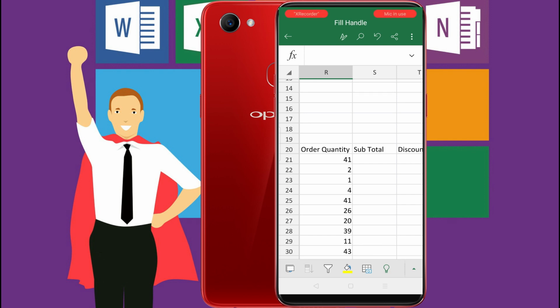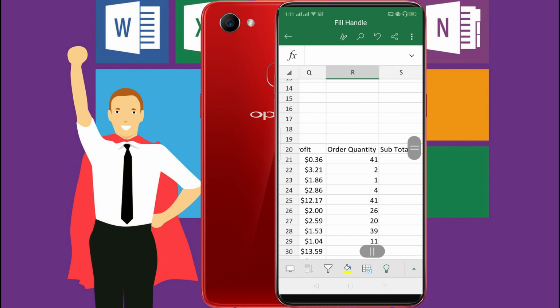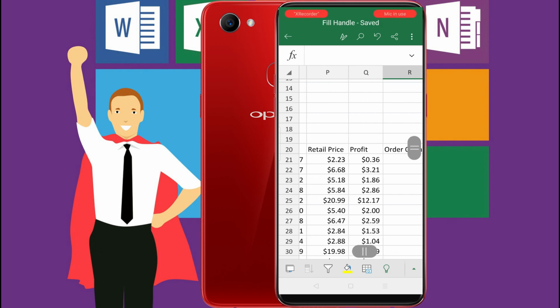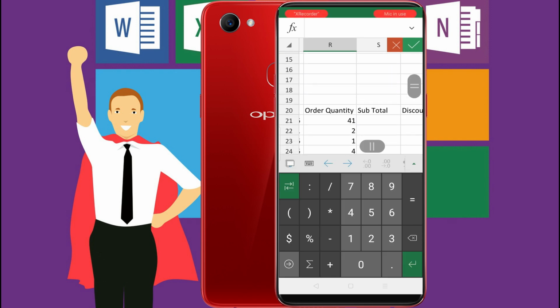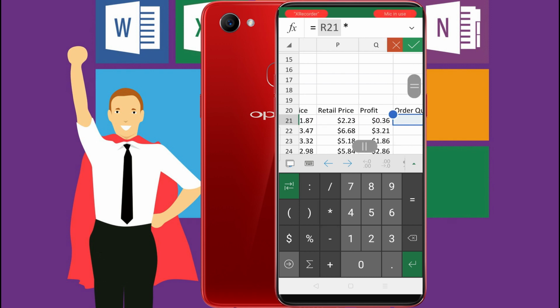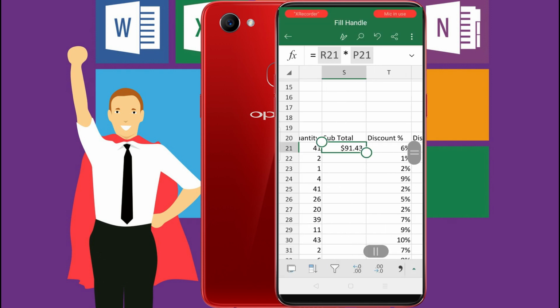So now let's count the subtotal. For subtotal, we have to multiply order quantity with retail price. So for this type equal, order quantity multiply, so that we have to use our star sign, and retail price, then touch the check mark sign. So the subtotal has been counted.